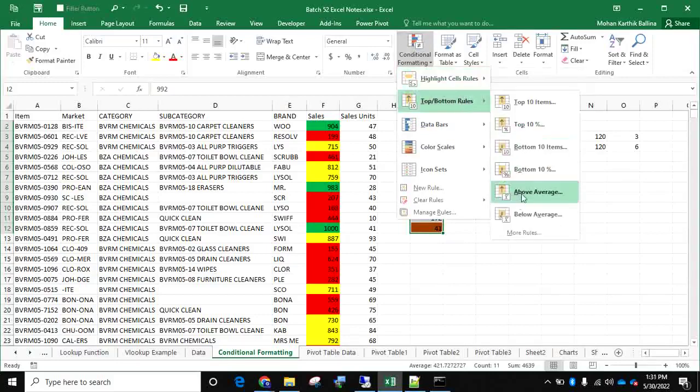When you select above average, whatever the values greater than 421 will be highlighted. Below average means whatever the values below this 421 will be highlighted. This average, internally it will calculate. We are not telling that. When you select above average,